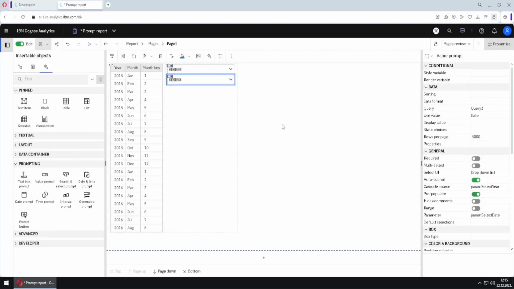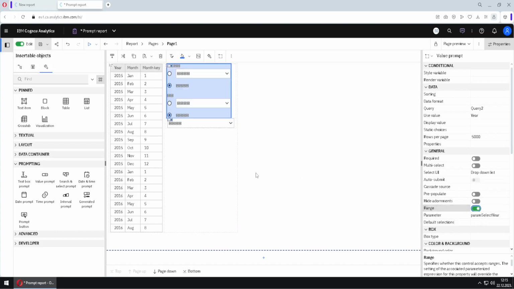For a cascading prompt, we can change that cascading source property here. Now I will select this first prompt, and we will now use this property Range. I will turn it on, and this will change the shape of our prompt. This prompt is now a prompt that allows us to define a lowest value and a highest value. That is the meaning of the range, but there is a price to pay. Now we cannot use Autosubmit. Autosubmit is now disabled,